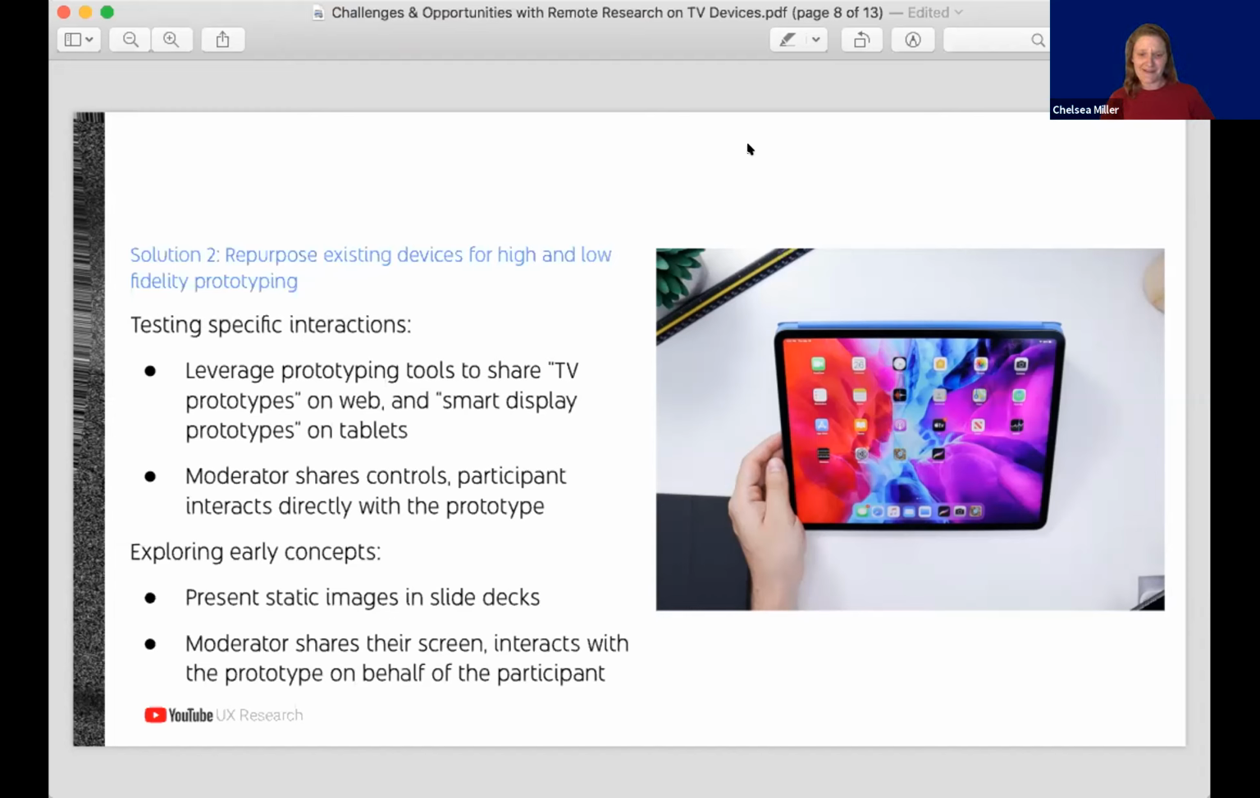And so that's a little bit more challenging, to send a TV prototype to someone's TV, or to send a smart display prototype to someone's smart display, and so forth. So we again sought ways to leverage tools or devices that participants might already have access to in creative ways. And so we found that for TV, it was pretty easy to port over and mimic the experience on participants'